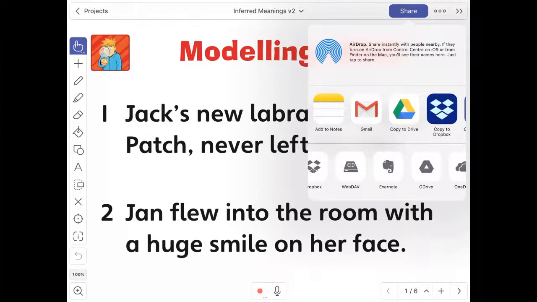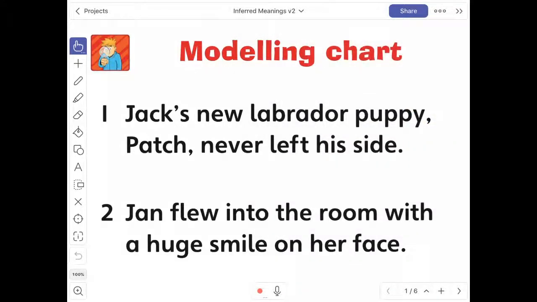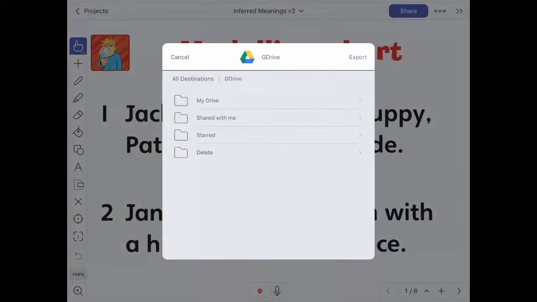Now I'm going to choose the Google Drive icon that's in grey down the bottom. By choosing the one down the bottom, it will let me choose which folder in my Google Drive I'd like to put this project. That's important because for some reason when you export or use the copy to Google Drive function, it just puts it in a random folder that you've already got open. And if you then move it into a different folder so the students can access it, something happens to the file in Google Drive and it doesn't let the students open it. So it's important to put it in the correct folder that you want to share it to the students the first time. So I'm going to click Google Drive in the grey,